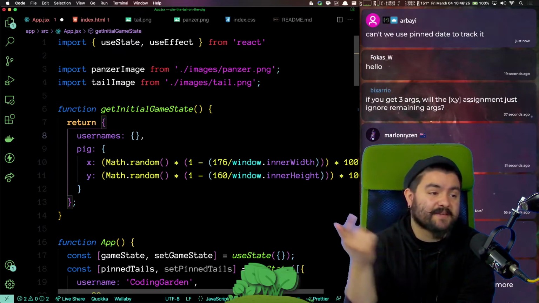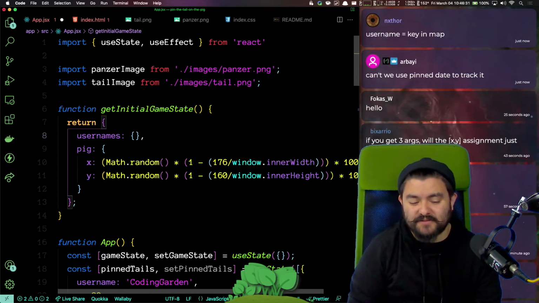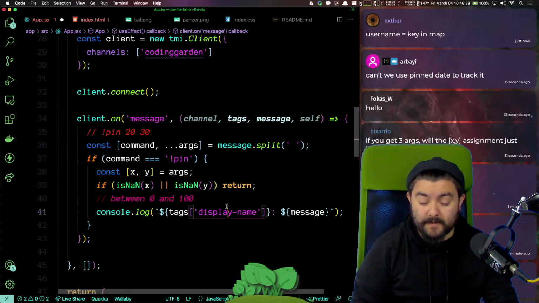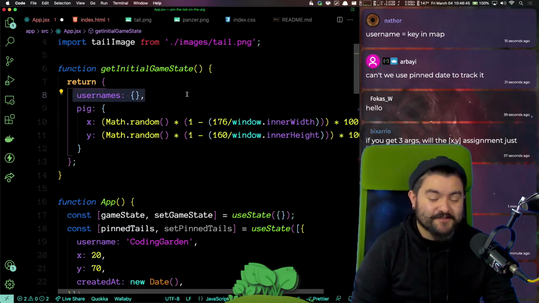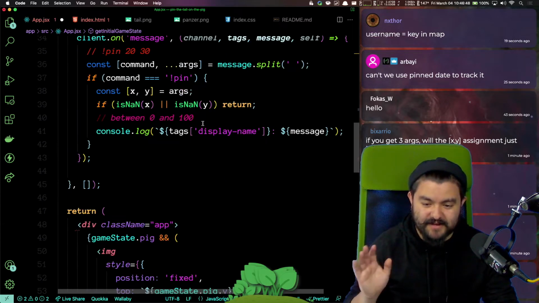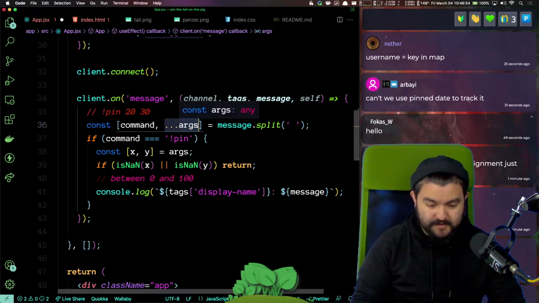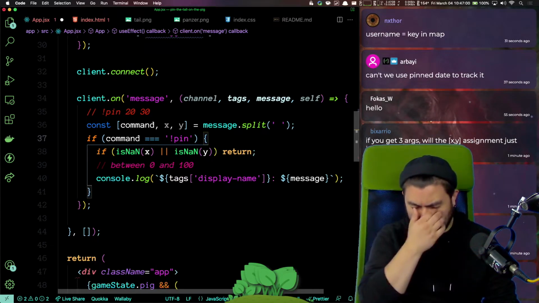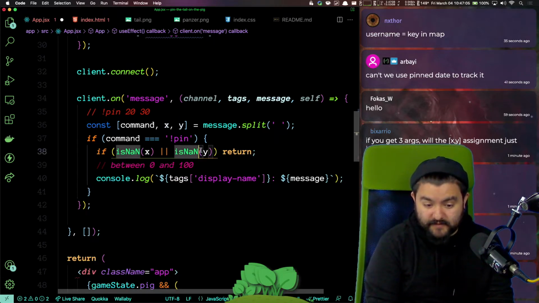But why I'm hesitating is because I don't want to do a React state update to put the username in that object every single time, because it's not actually being used in the render function at all. It's just being used here. So I'm gonna do a bad thing. I'm just gonna modify this directly. I'm not even gonna do a state update. It should be fine. But yeah, you're right, Bixario. We technically could do this. We could do x comma y like this. I like that because if they're undefined, this is gonna fail.